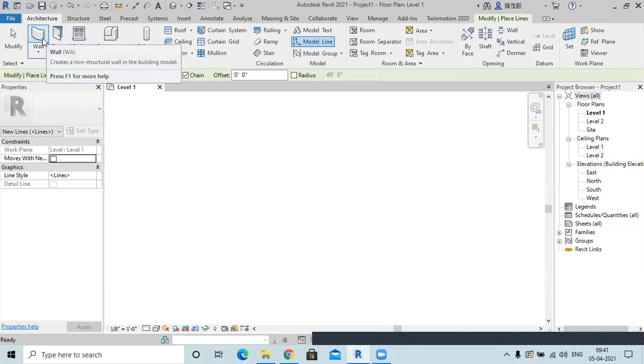For example, the wall shortcut is WA, door is DR, window is WN. So all these shortcuts you will get to know when you will be working on 3D commands. And for these 2D things also, if there are shortcuts, I'll give you the list. I have that. Okay, so yes, shortcuts are important. They are useful when you're working on a project and you have a time constraint.